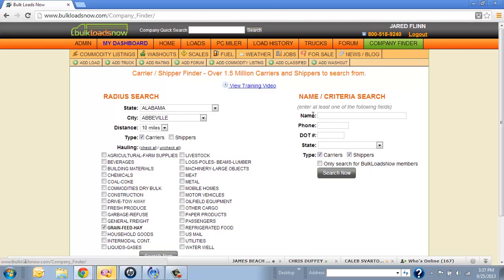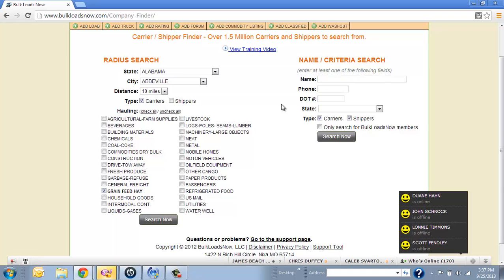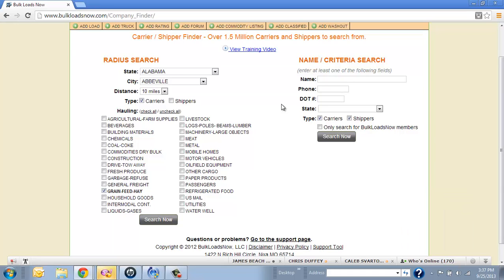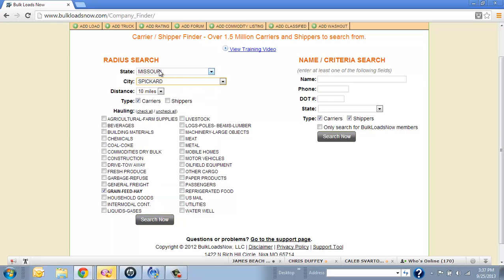Lastly, if you go back up to the top, there is a Company Finder tab. Very last tab. And there's several ways you can search. This Company Finder actually is a database that we pull from the FMCSA directory into ours, and it's got every single trucking company for hire in the US, Canada, and even Mexico. But we've made this really easy where you can actually do a radius search out of any city for trucking companies. So for example, if I go over here to the radius search, I'll go ahead and type in Missouri and Springfield,